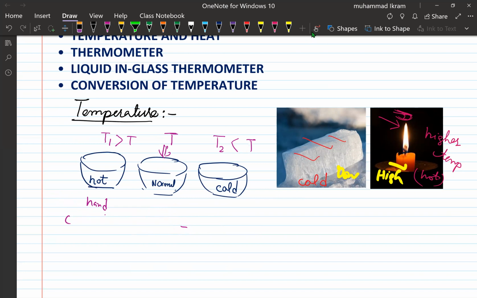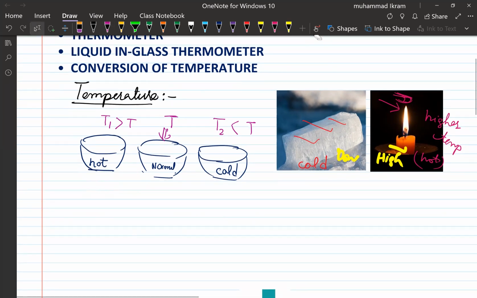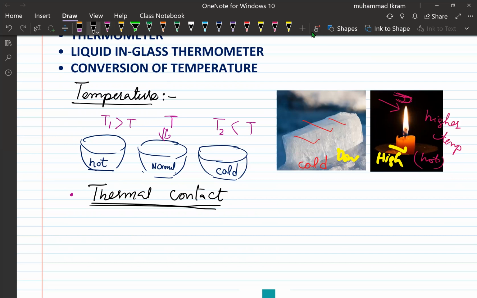Clear? So in order to understand the concept of temperature and the temperature measuring instrument, we need to understand some more concepts, which will help us. The first one is thermal contact. Now, what is thermal contact? Thermal contact is the contact between two bodies which easily allows the flow of heat. Then we say that the bodies are in thermal contact. For example, if you make a connection between the normal water and the hot water through